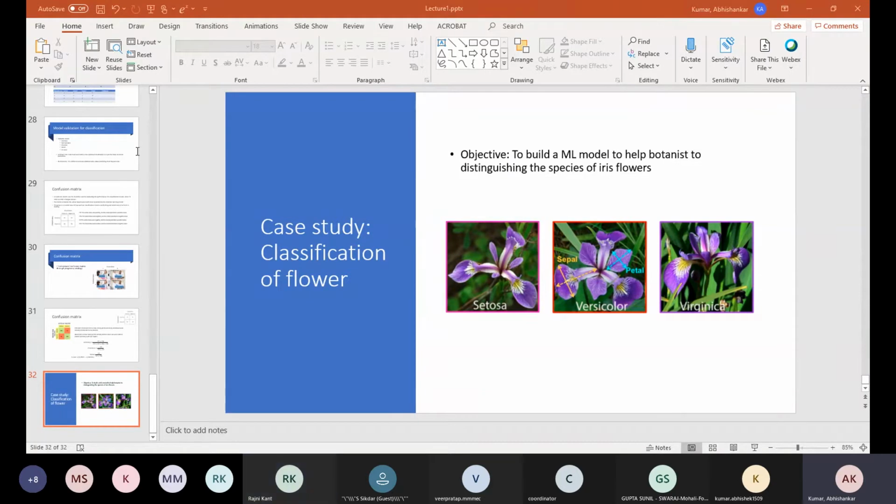No, pandas actually has visualization capability, but we are not using pandas here for visualization. Where are we using pandas? See, we are using it here at line number 25. Last time also we used pandas to read our data. So we have read our data into a data frame.